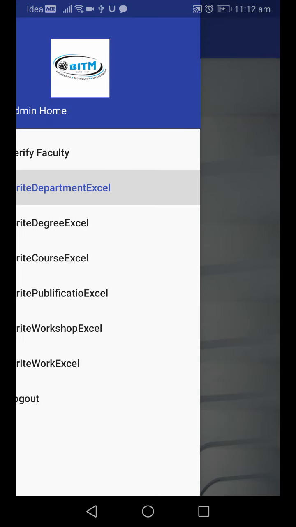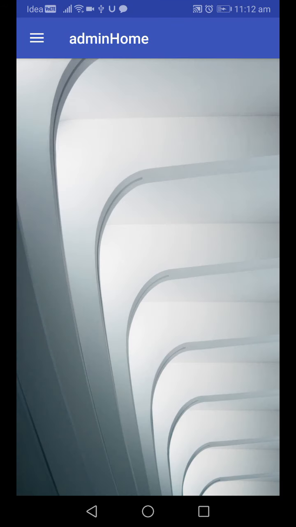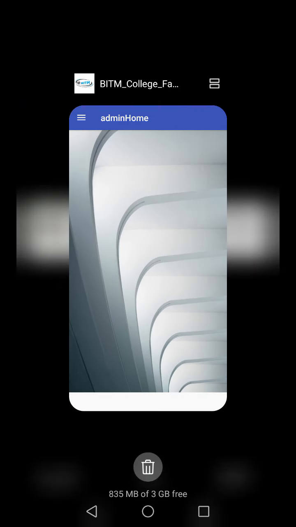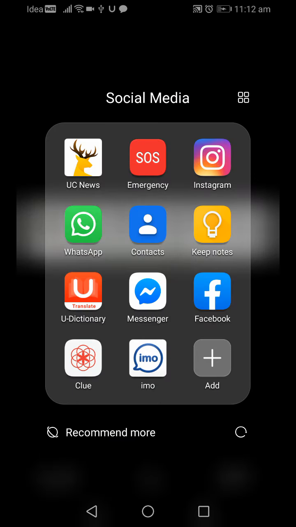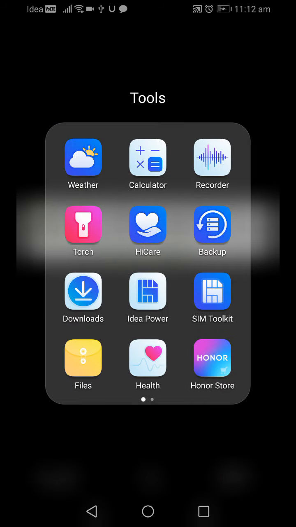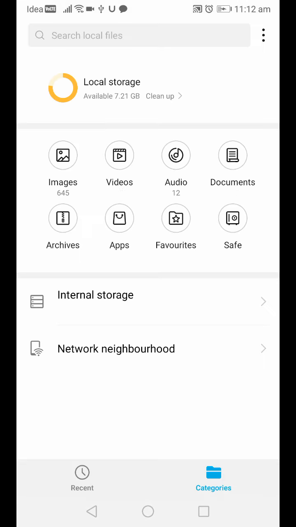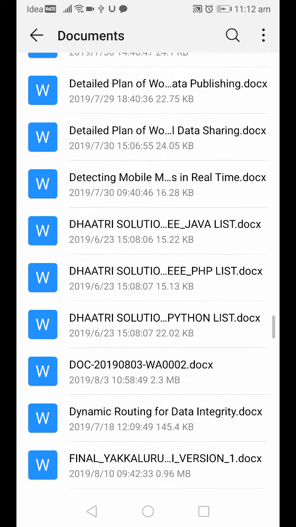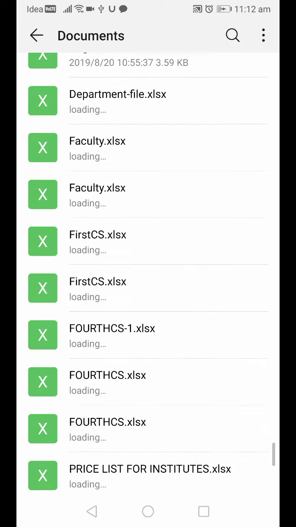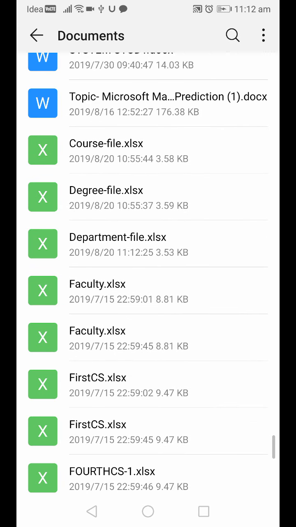When you click write department Excel, wait for 20 or 30 seconds. Why? Because it gets all the details from our Firebase database, and then the data is written into our Excel sheet. I'll show you where it is written. In my internal storage, in documents, there is the department Excel sheet.